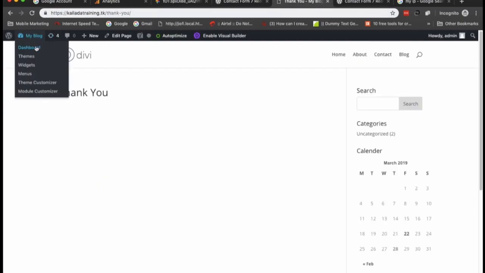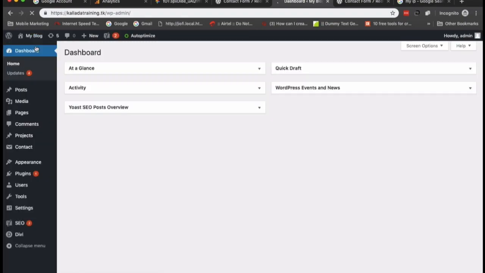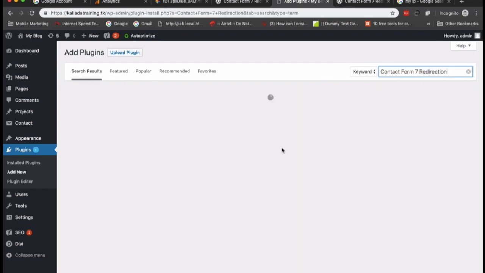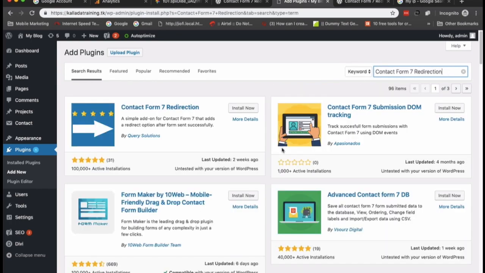So I'll just go to the dashboard, click on plugins, navigate to plugins and click add new, and search for the Contact Form 7 redirection, install.